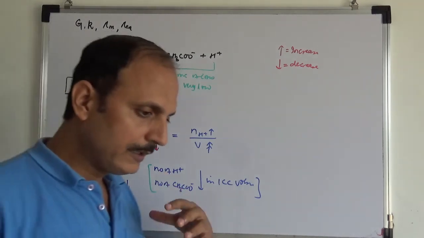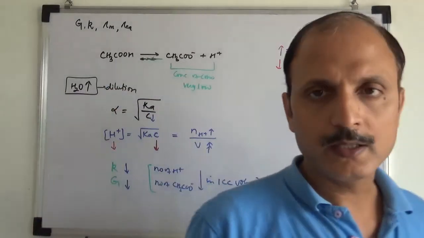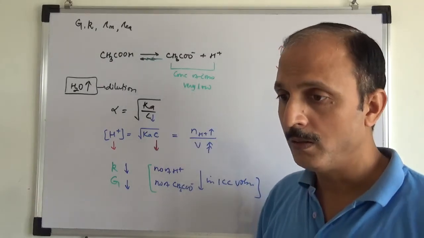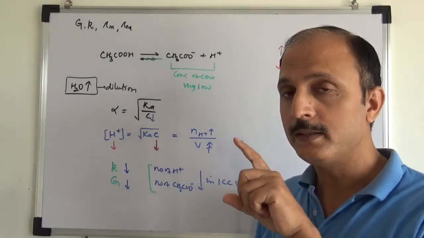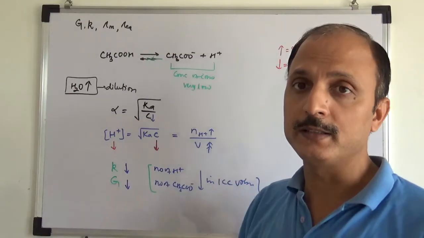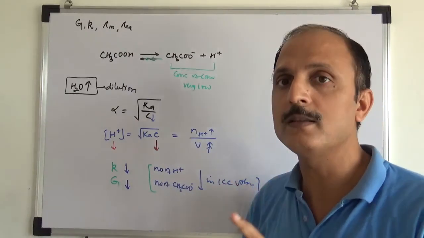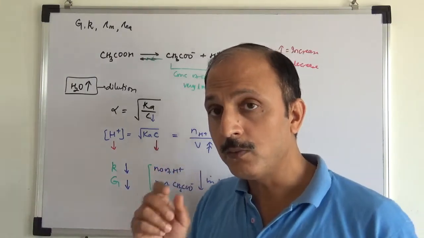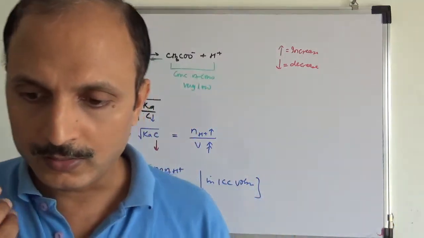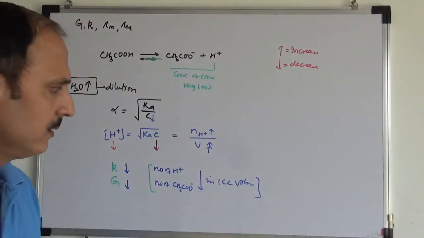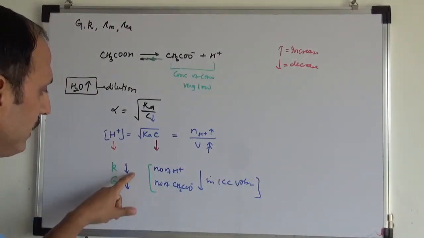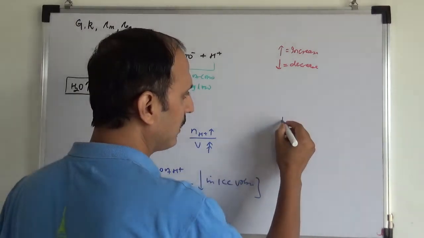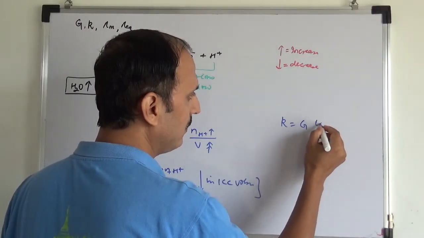The degree of dissociation is increasing and the number of ions is increasing, that is true, but volume is also increasing. So the number of ions in 1 cc is going to decrease, and the number of ions in 1 cc defines the specific conductance. The specific conductance is going to decrease, so G is going to decrease. Recall the equation G equals K A by L.